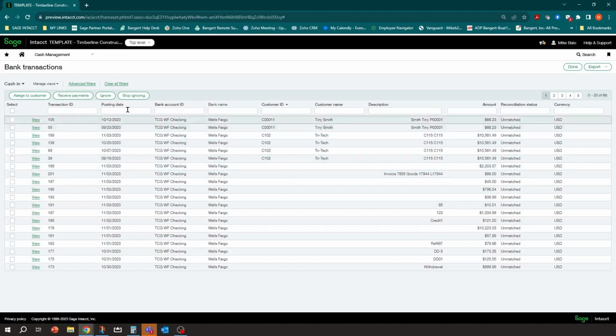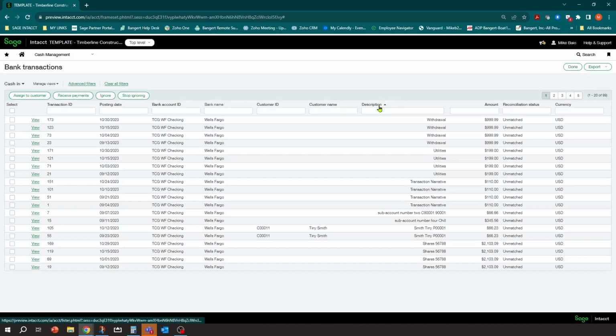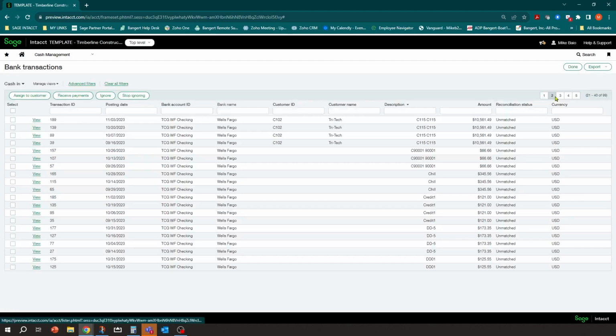Now, what you can also do is do it on the fly. So now you're in here looking around, for example, and I'm going to sort by description here. Let's try this way. Nope, let's go this way, sorry. And I'm just going to page through. I do know that we are charging Napoli Pizzeria for some regular maintenance we do for them, and it's $66 a month. So I can see here they must have sent the payment in, and it looks like their payment's always going to have a C99001 on it.